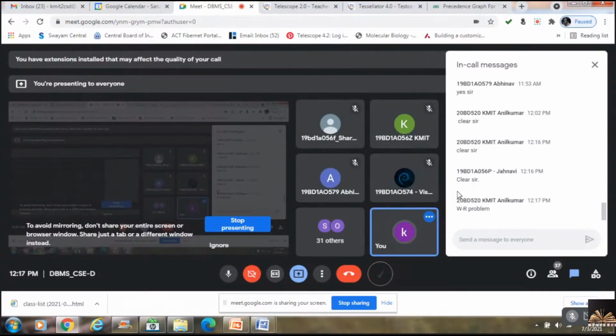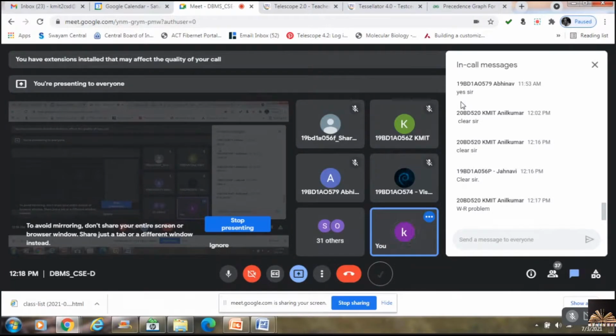So this is about your concurrency control protocol with respect to locking. I've just covered what you mean by locking, what are the different kinds of locks, then the compatibility matrix with respect to the two locks, shared and exclusive.